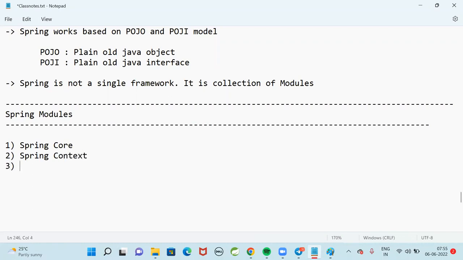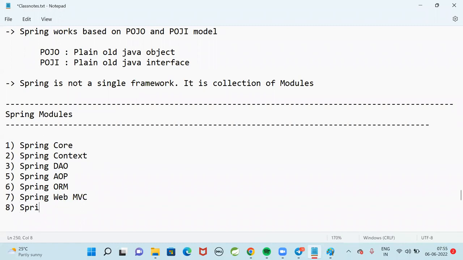Spring Core, Spring Context, Spring DAO, Spring AOP, Spring ORM, Spring WebMVC.